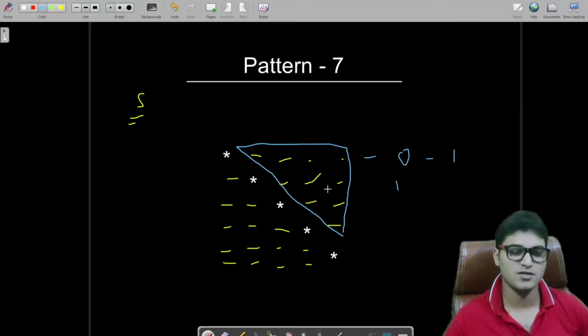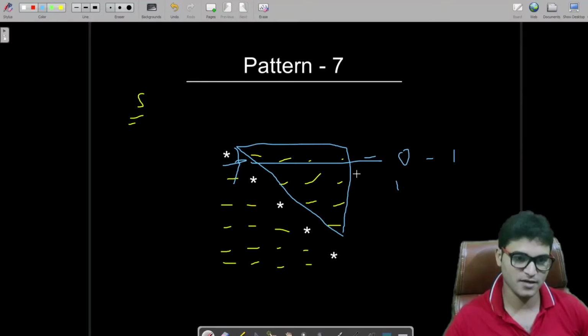Why? Because if you watch my first video, in that video I discussed how things are being printed on the console. So if we print till here, immediately after this we will break the line. We don't have to go till here. We will break the line, and in the second row we will go till here and break the line. Same goes for the third, fourth and fifth.